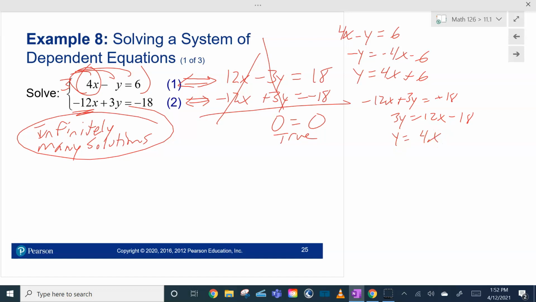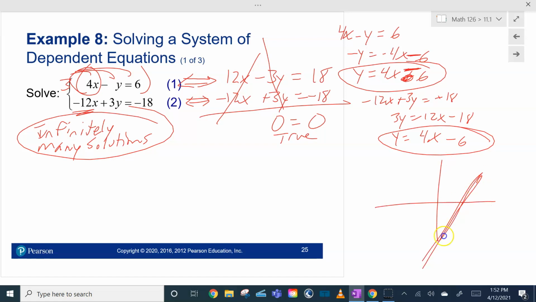Whoops, this was a minus 6. Sorry about that. So you got y equals 4x minus 6. You got y equals 4x minus 6. Oh, these are the exact same line. They're right on top of each other. That means any of these xy values are a solution. So there's infinitely many